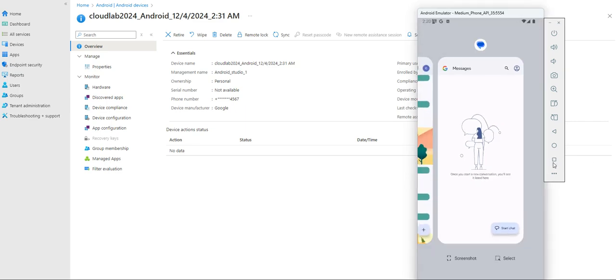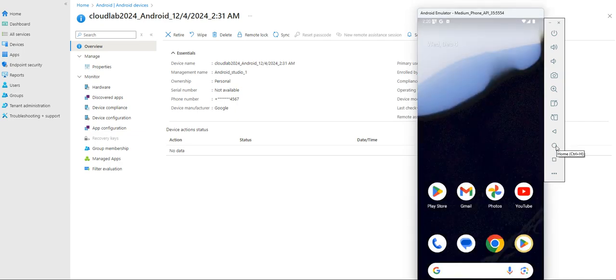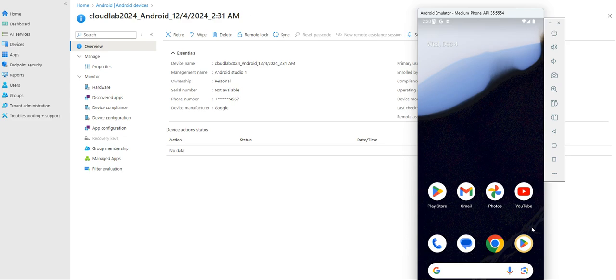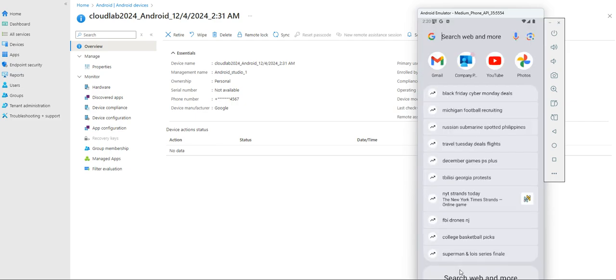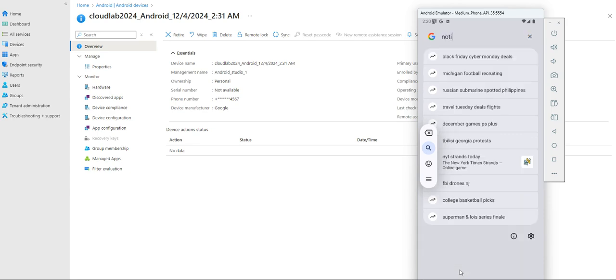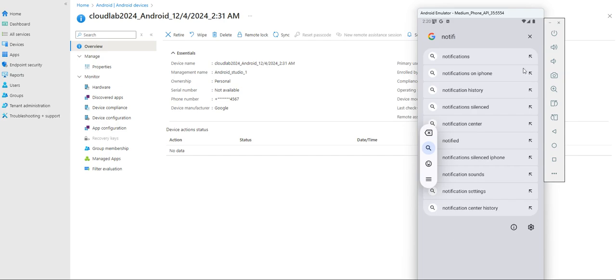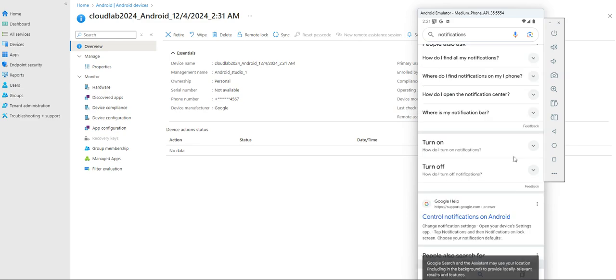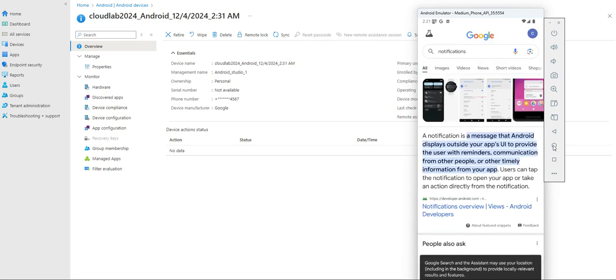Overview, no, messages. I could see notifications. I think it will show you when it's locked or something. Let me see. Notifications. No, just go to web. Anyway,